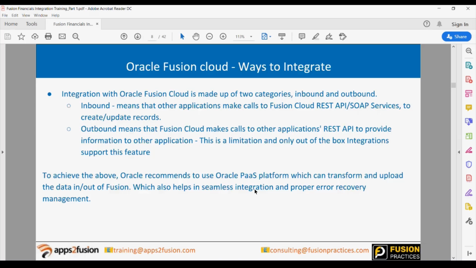You can use different ways, whether you want to use a PaaS platform or you have existing middleware available. That is the tool and technology choice. It all depends on what the client has and what the client is looking for, how much the budget is, and what the overall estimation is. But the patterns are going to remain the same. Tools and technologies